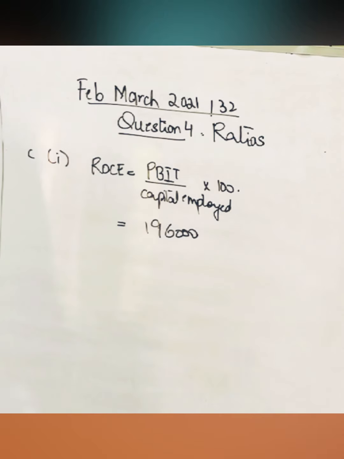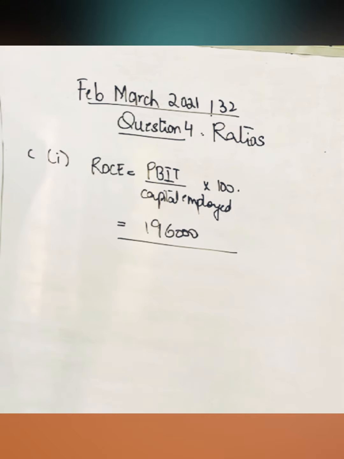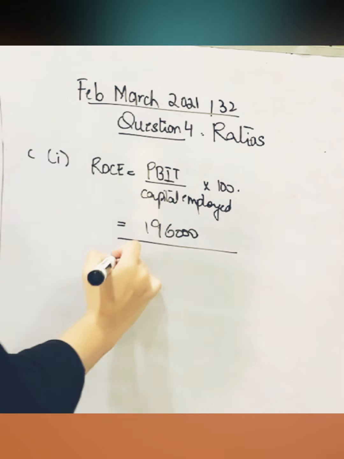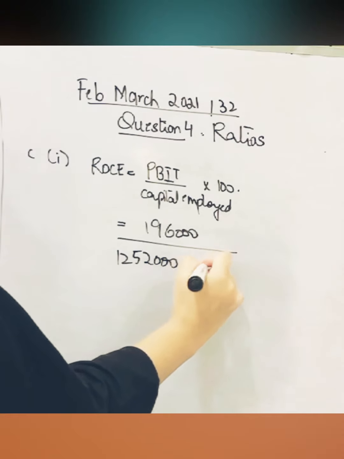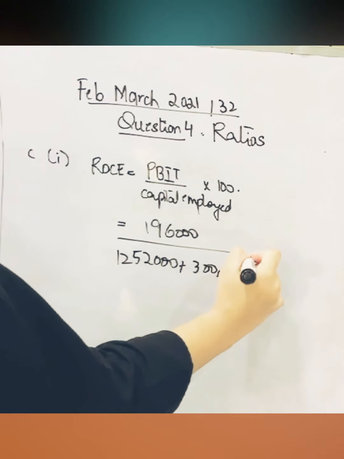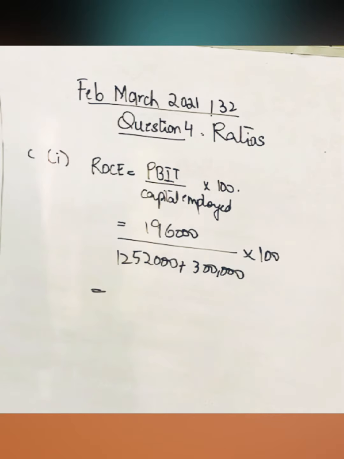Now we're supposed to write the capital employed. Capital employed is the addition of the equity and the non-current liability section. It is given as 1252000 plus the non-current liability. The 7% loan is 300,000 and into 100, because ROCE is calculated as a percentage of the capital employed, hence it is